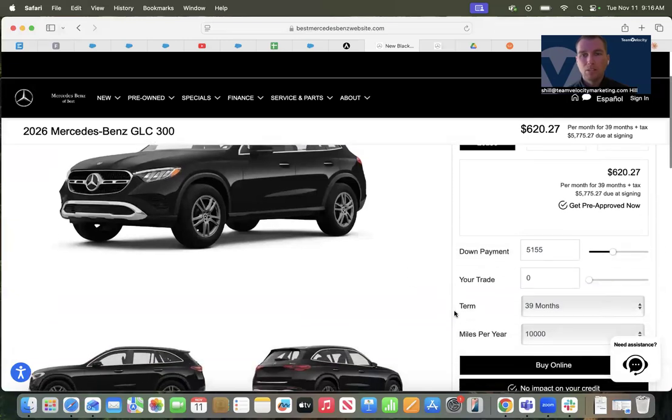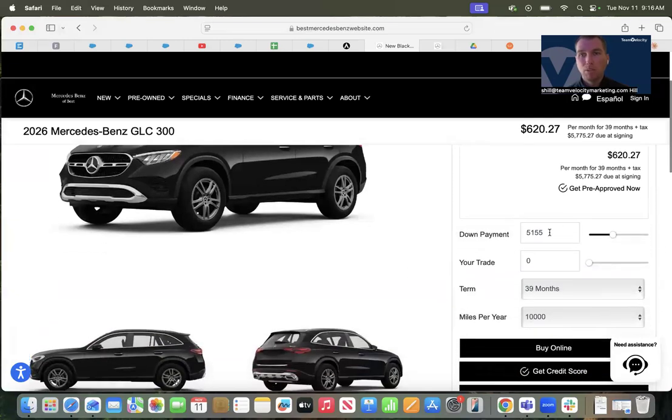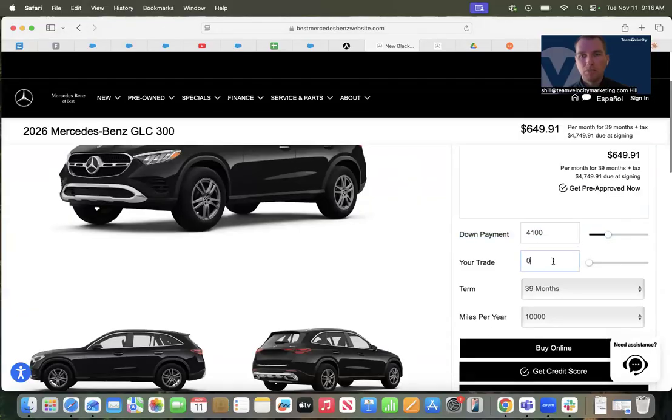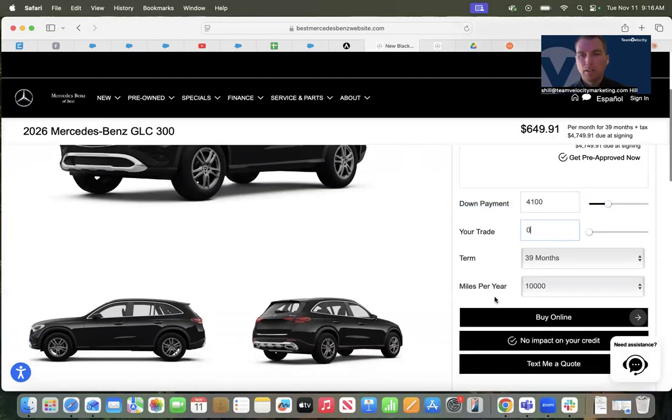If I want to take this a little step further, just playing with the numbers here and the down payment, you could toggle less money down. It's automatically going to adjust in real time if you have a trade in, the terms and whatnot. So I'm going to jump in and say buy online. Before I click buy online, I do want to emphasize that you can change the CTA call to action, whether you wanted to say explore payments, get lease payment today, whatever workflow verbiage that you want there, we can absolutely change that for you. So if I click on buy online now,